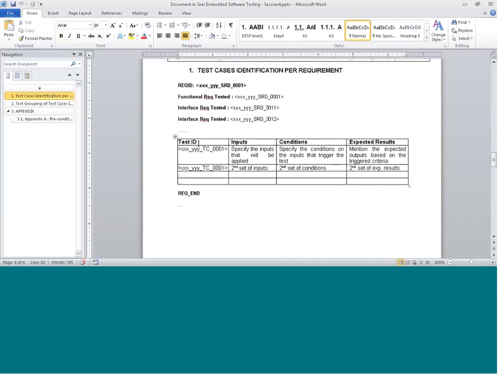because this test case identifier, whatever you are seeing in the table, will cover up all these requirements. This is the test case list. Here is the format of test case design. It has a test case ID, it has an input, it has conditions,